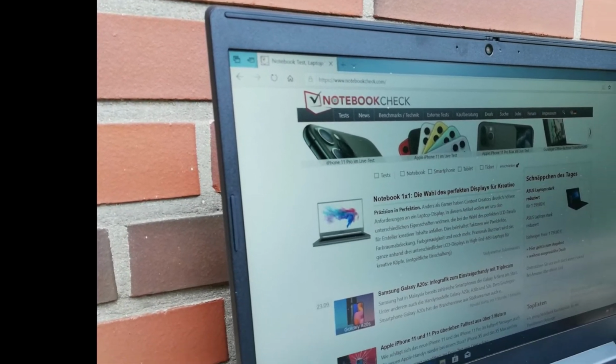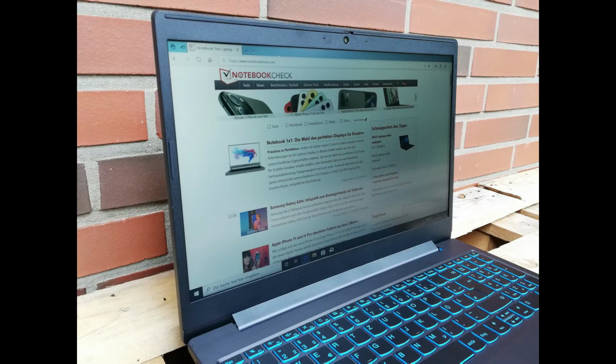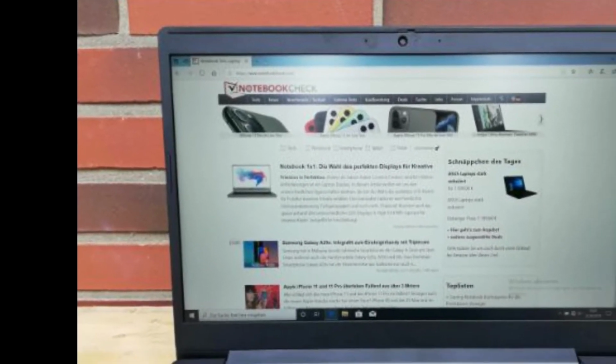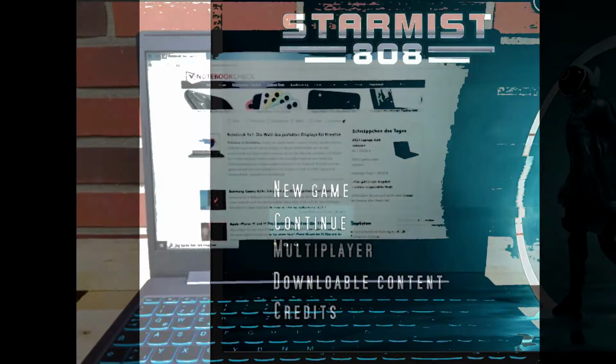According to our measurements, the display of the Lenovo laptop only begins to flicker at a brightness value below 20% with a very high frequency of 25,910 Hz. Since this value is very high, even users with sensitive eyes should not have any difficulties using the